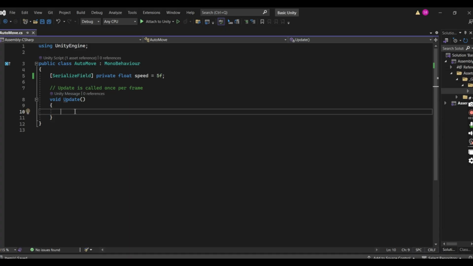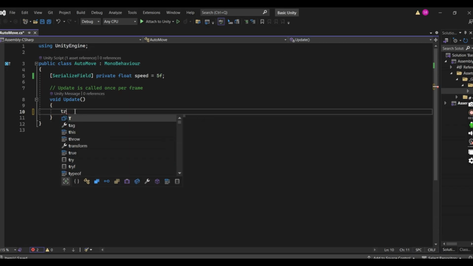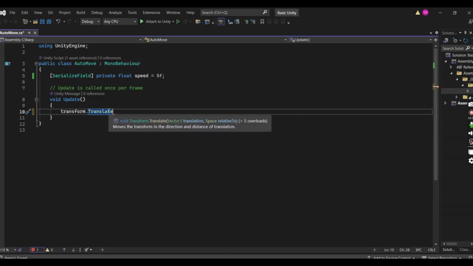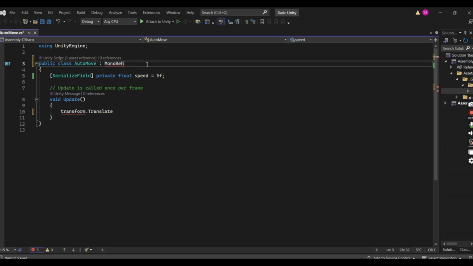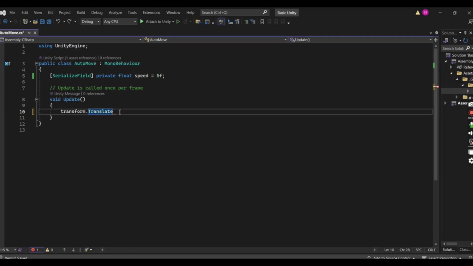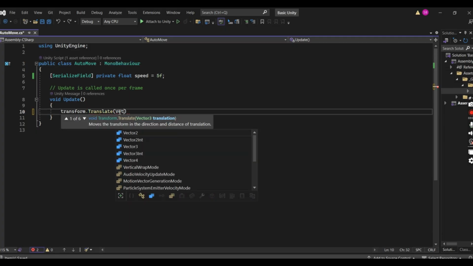So in void Update, we need to update the position every time in Unity. Now it will auto move. For that there is a function called Transform.Translate. This Translate function helps to move the object forward. We will give parameters which will help the object move forward in Unity. This Translate function is written inside the MonoBehaviour class. If I remove MonoBehaviour, transform.Translate will show an error because it has not been derived. So transform.Translate Vector3